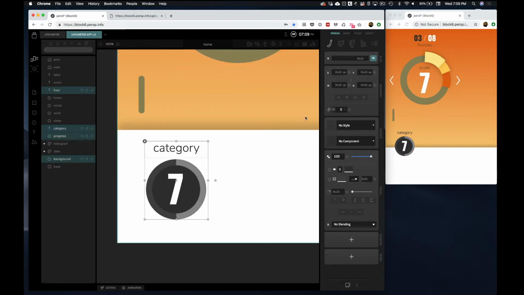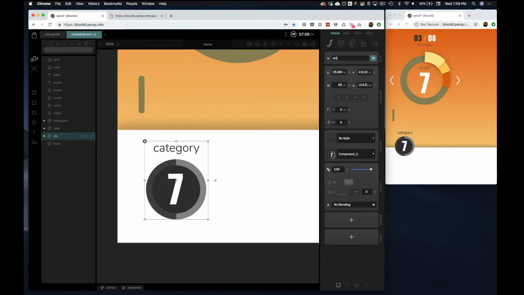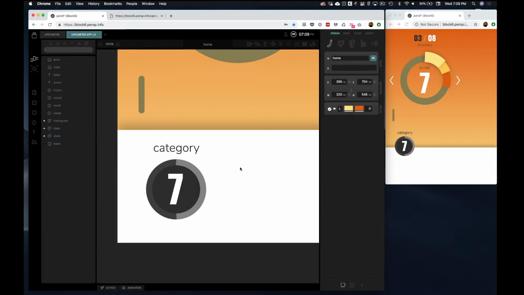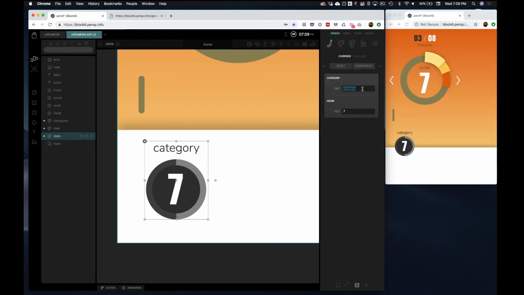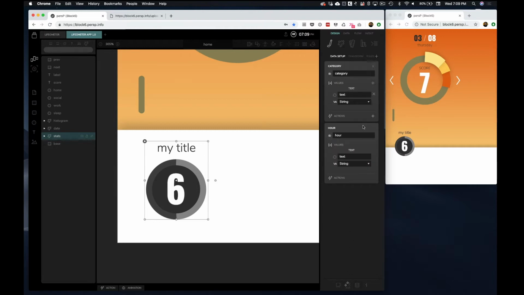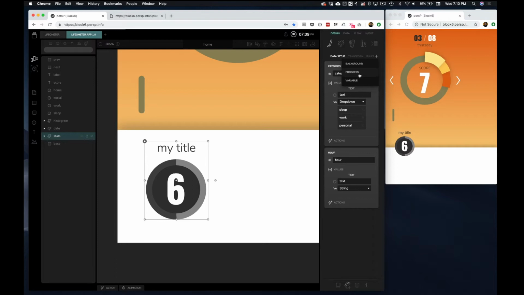Now we are going to do something a little bit more complex. We are going to create a new component, the stats component, with the elements below. If we click on the overrides, we can see that we already have exposed the text. So if we change it, they update. But for this special component, we need to change some things. So we go again to taxonomy. And in taxonomy, the first thing I'm going to do is change the validation type of the category to a dropdown. This way, I can just establish the fixed values that I want to be chosen for this part of the component. Now I'm going to add the progress bar part,